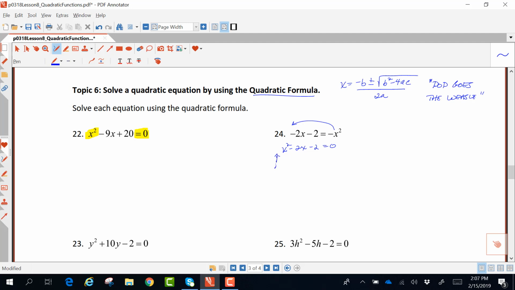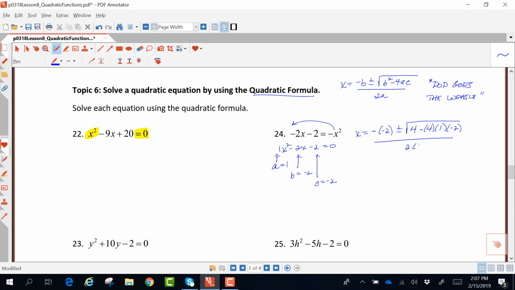The a value is the coefficient of the x squared, which would be 1. The b is the coefficient of x, which is negative 2. And the c is the number on the end, which is also a negative 2 in this quadratic equation. Therefore, applying the quadratic formula, x will equal negative of b, which is another negative value, plus minus the square root of b squared, which would be negative 2 squared, which is 4, minus 4 times a times c,